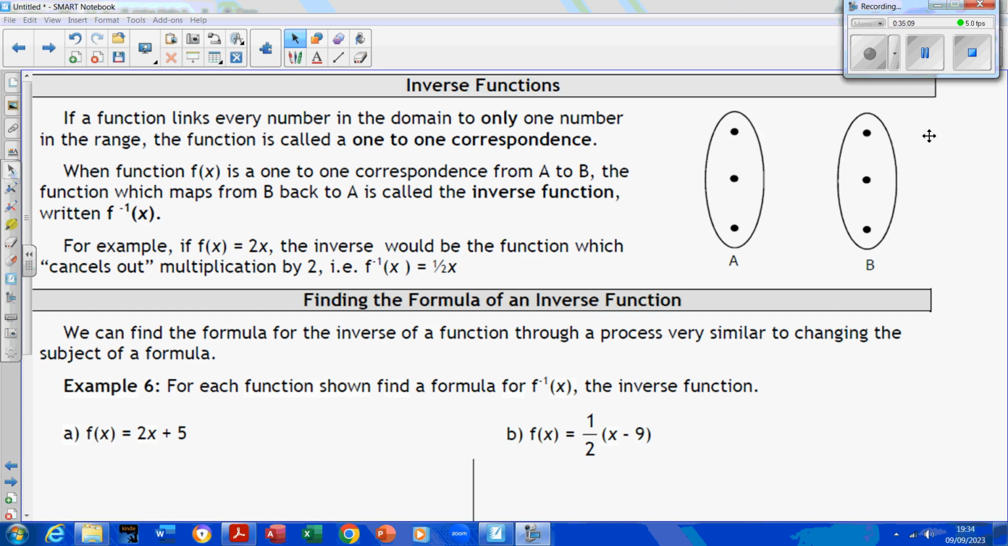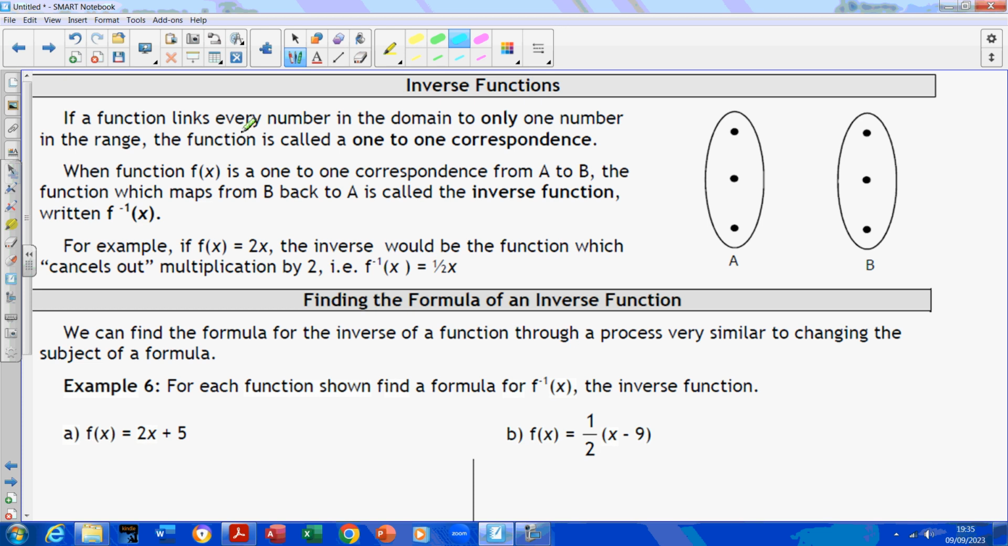So the last wee section we've got to do here is inverse functions. Inverse just means round the other way. So here's your wee definition. It says if a function links every number in the domain to only one number in the range, the function